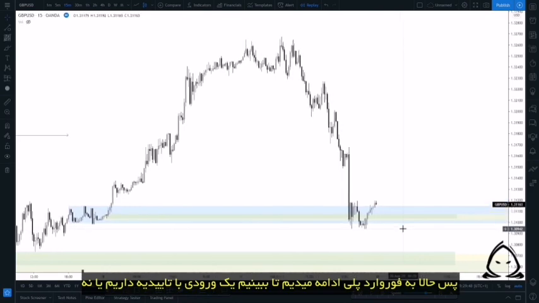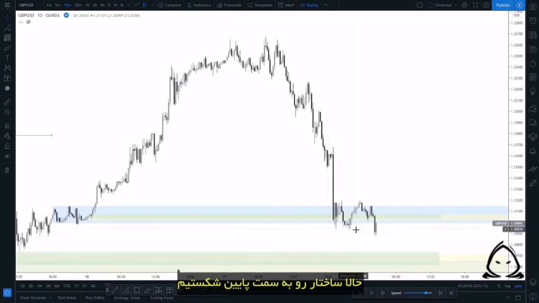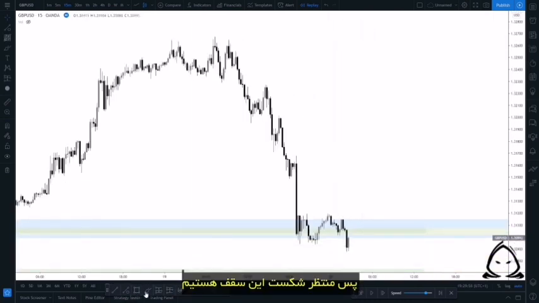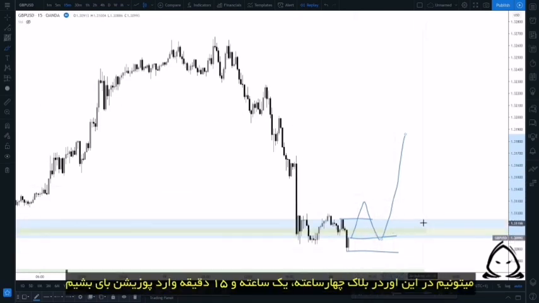And we can see that price is ranging. Right now we've created equal highs. We've now broken structure to the downside. So what we'd be looking for is a break of this high here, a move back down in, looking at potentially this order block, if we break structure, of course, to look for an entry to go long on this 4-hour, 1 hour, and